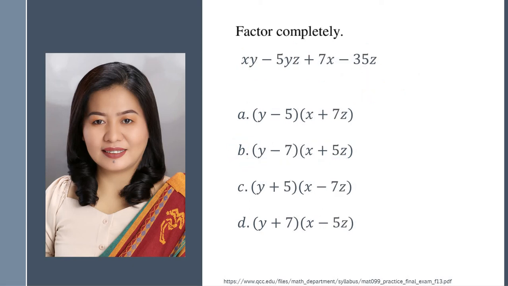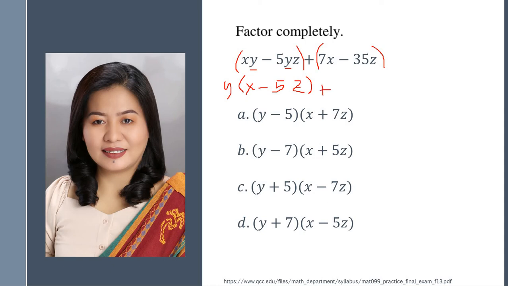Okay, the same process we do here, factoring by grouping. So our given has 4 terms. We have xy minus 5yz plus 7x minus 35z. So is there something common between xy and 5yz? Yes, y is common. So take out y, and we're left with x minus 5z plus